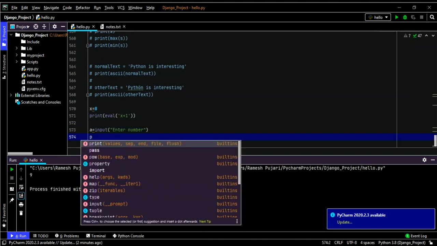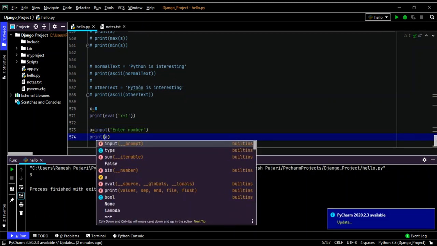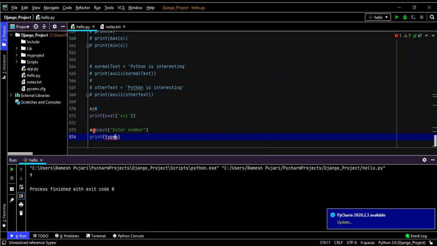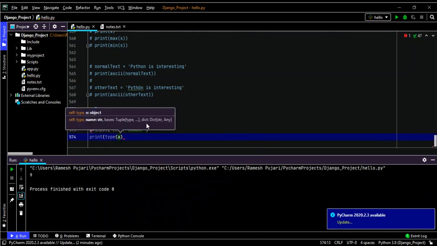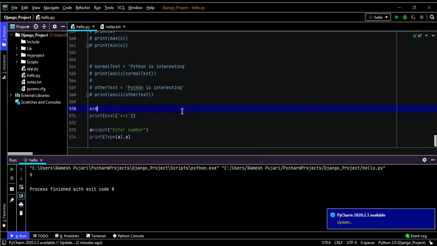And I am printing that, print a, and I'll again print the type of a, and then I will print the variable value. So you can see here, it's asking the user to enter the value. So I will enter 6.